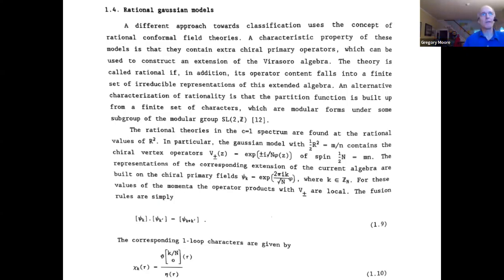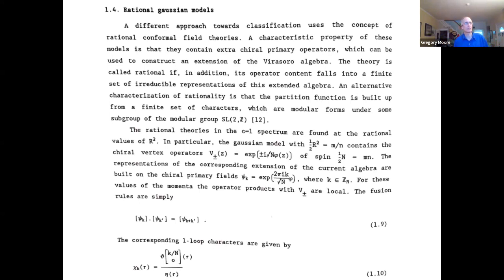So I explained to you before how the Siegel-Narain theta function for the target space being a circle has this interesting property. When the radius squared is a rational number, it can be written as a finite sum of holomorphic times anti-holomorphic